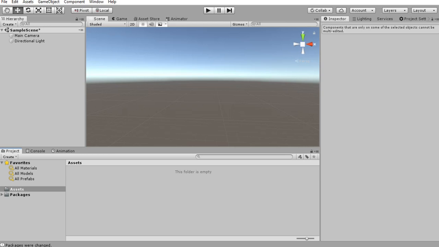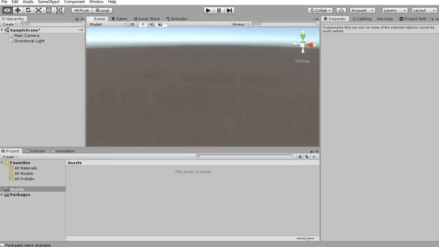What is up, everyone? Today I'm going to be teaching you guys how to make an experience system inside of Unity. So this includes leveling up, experience, and all that kind of stuff. So that's going to be super fun to learn. And yeah,